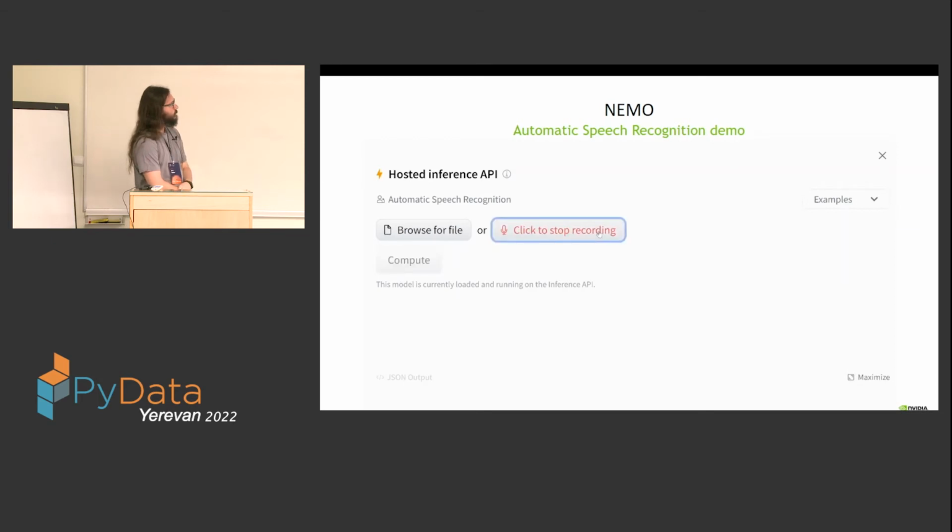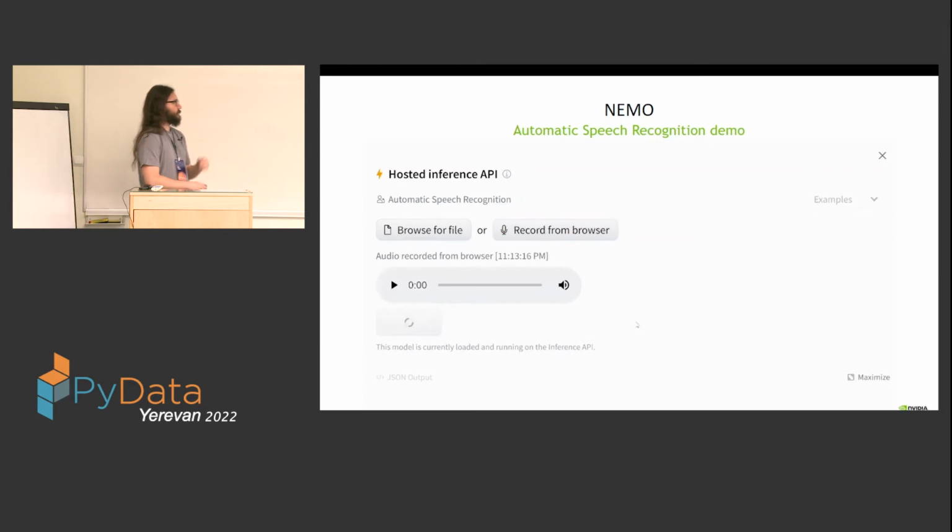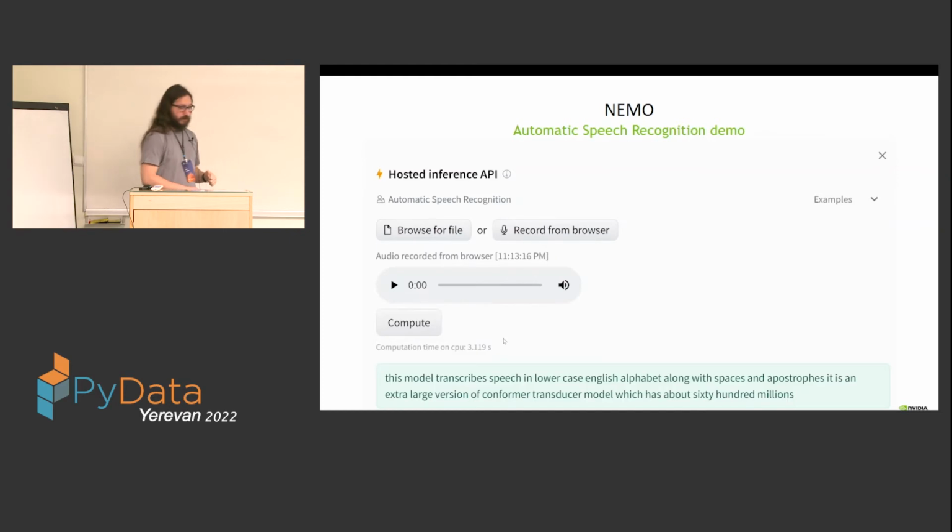This model transcribes speech in lowercase English alphabet along with spaces. It is an extra large version of the former transducer model, which has about 1600 million parameters. Yeah, so I recorded my speech and then typed compute, and so this is my speech. It is actually accurate. I mean, it is exactly accurate besides the very last word, parameters, because